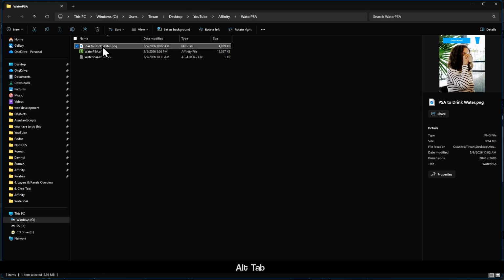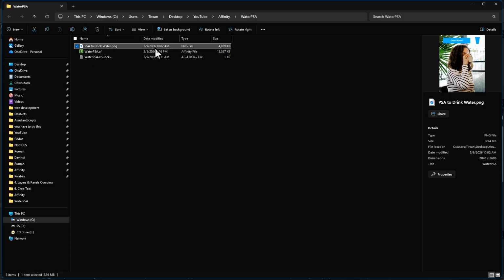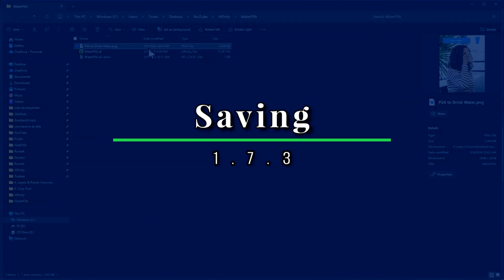So this PNG here, even though you can't edit it anymore, that's on purpose because this is the image you will share with others, whether you post it in Instagram, Twitter, Blue Sky, social media, Discord, anywhere really, for people to look at your finished work, not edit it. It is basically the finished picture.